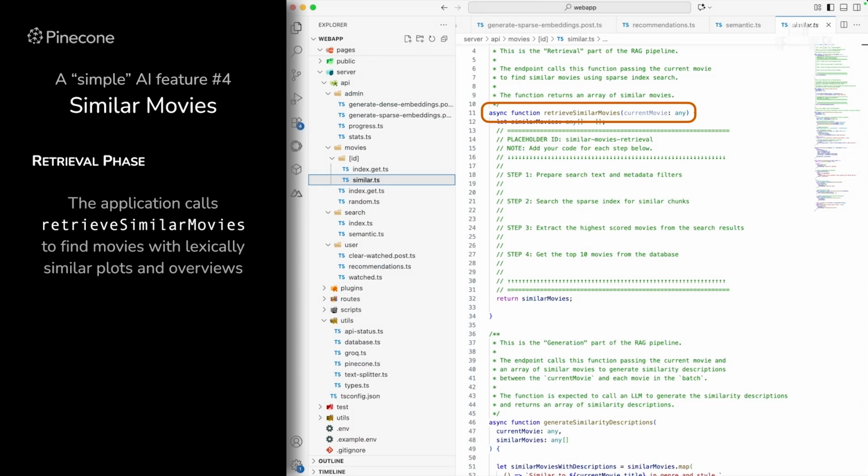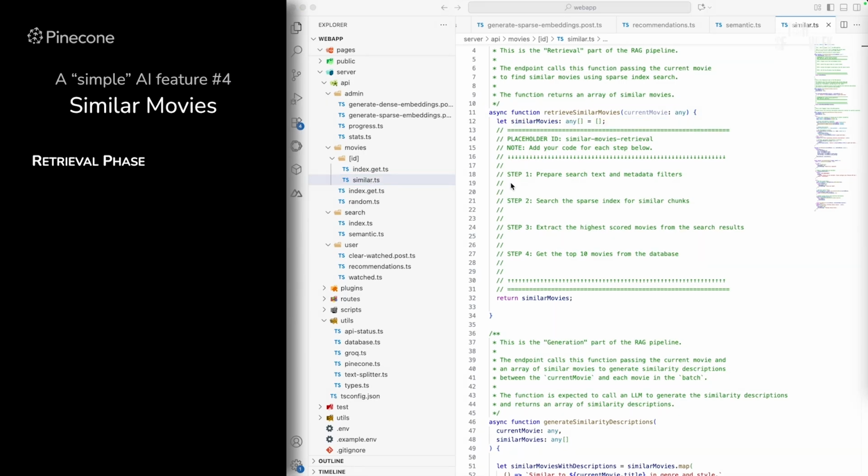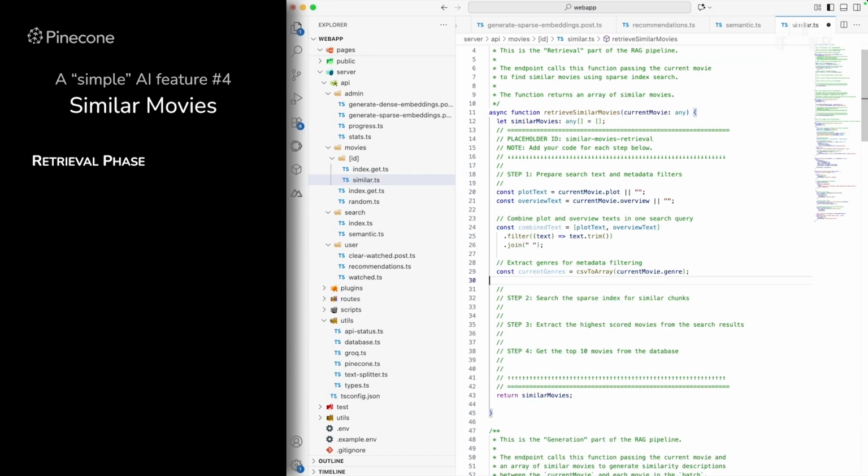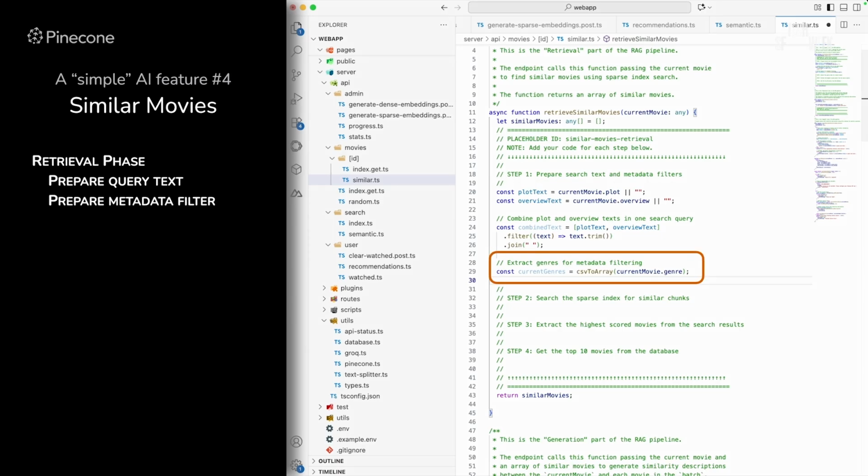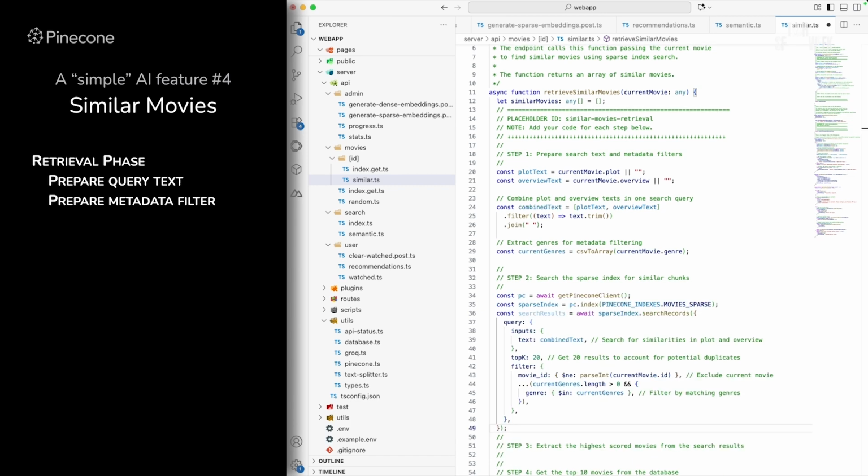So that's, again, a function that does exactly that. It's called retrieve similar movies, and the only thing it gets as an argument is the ID of the current movie. And so the first step is obviously to get information about that movie. So we get the plot and the overview, and we get the genres, so we can scope and search in the same genres. We combine those two into a single query, prepare the metadata filter,